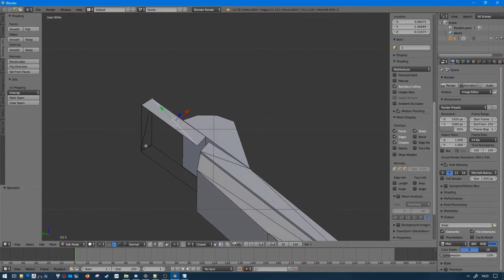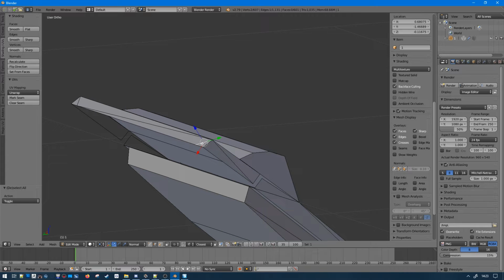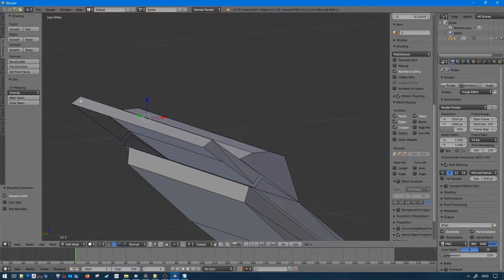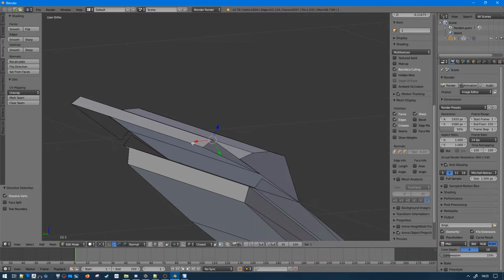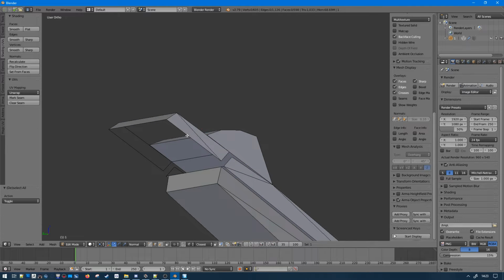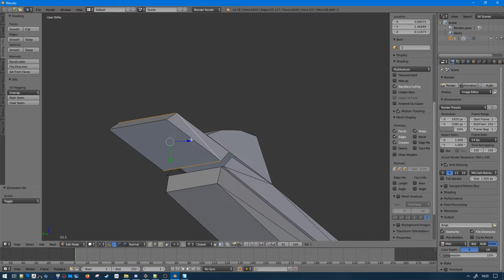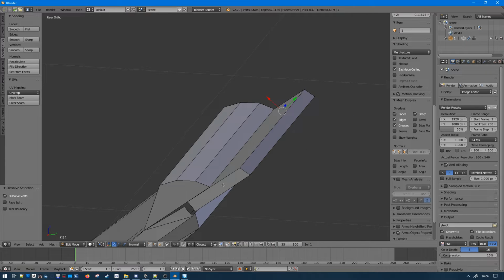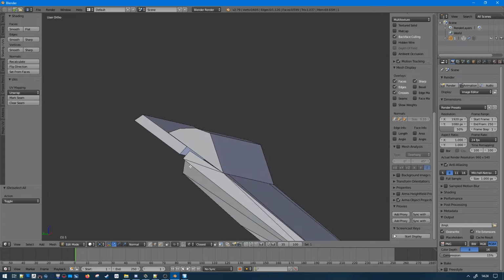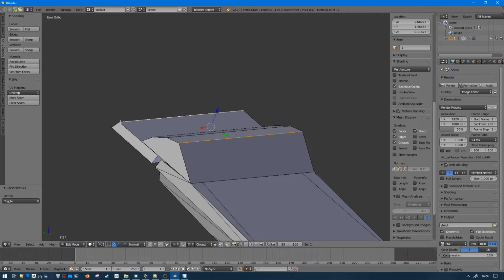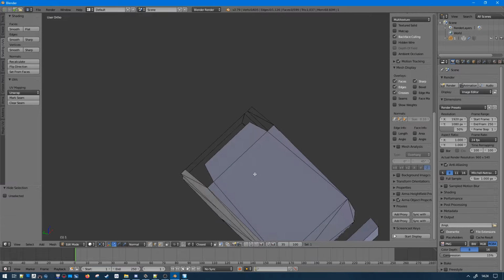So the key is really to make everything squared or rectangles. You're going to do this, voila. So these are okay, done.